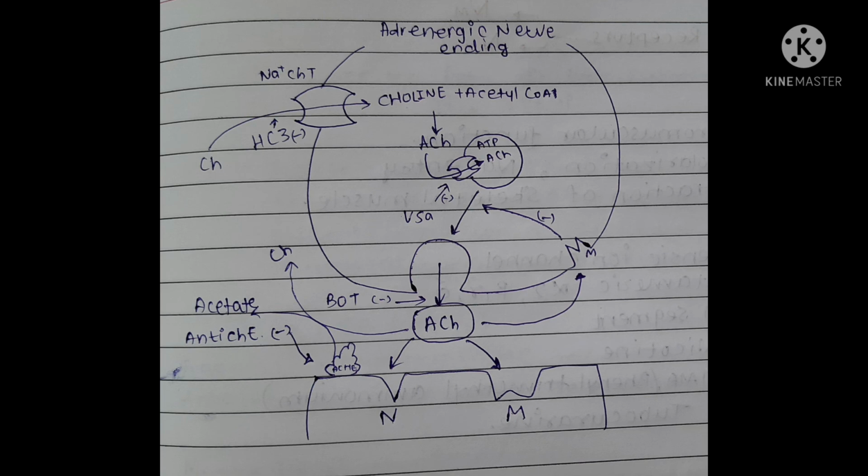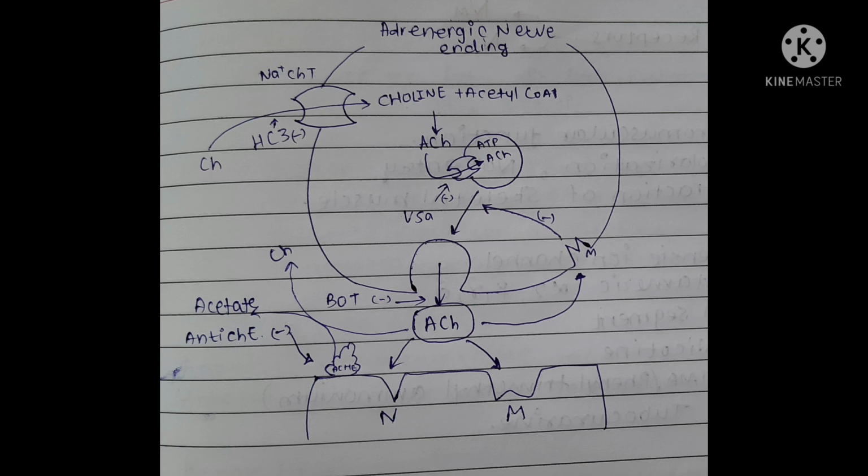See in the diagram, at the cholinergic nerve ending, the choline reacts with the acetyl-CoA. There is formation of acetylcholine. This acetylcholine enters into the vesicle via the vesicle associated transporter, and is stored in the vesicle with the ATP molecule. The entry of the acetylcholine into the vesicle is inhibited by vesamicol. When an impulse arrives, this acetylcholine is released from the vesicle by the process of exocytosis.